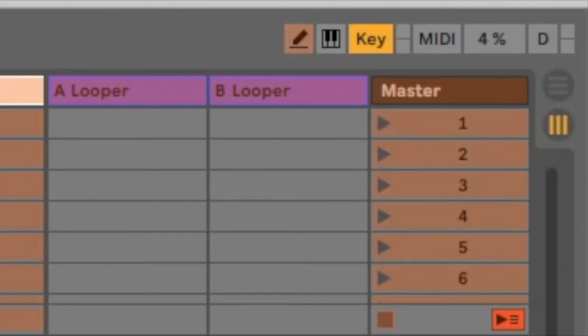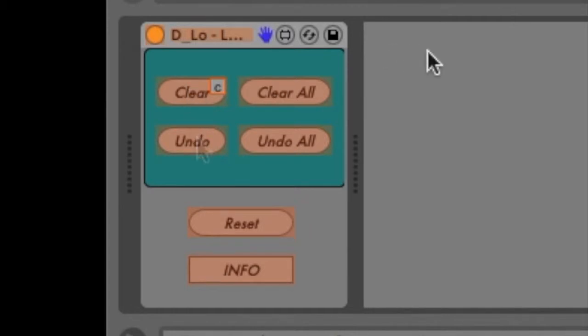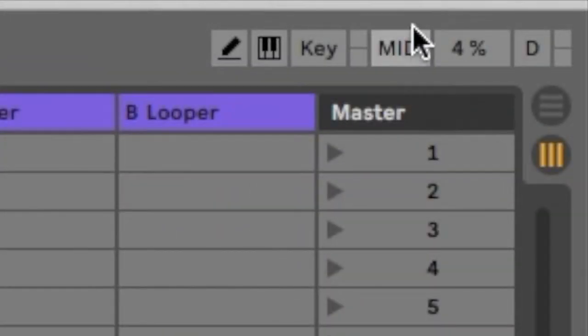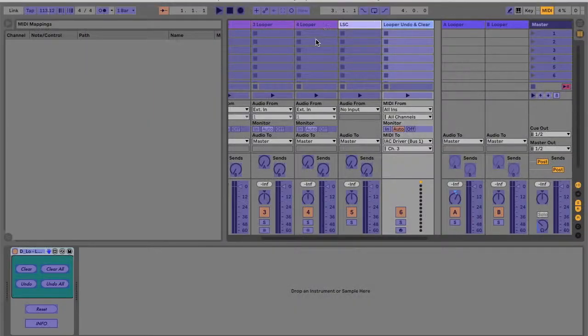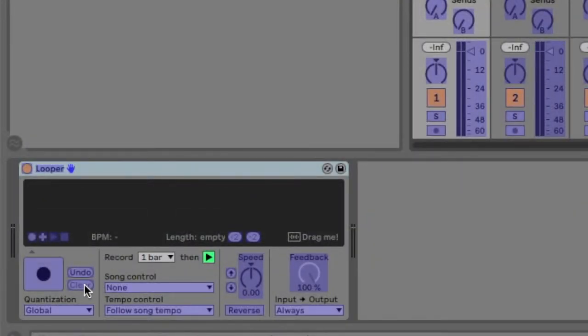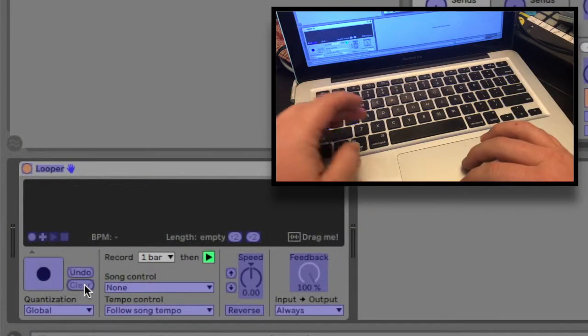Now key map a couple keys to the clear and undo buttons of our device. Make sure you've deactivated use of the computer MIDI keyboard before proceeding. Now enter MIDI map mode and select your first looper. Select the looper's clear button and press the key control you've mapped to the clear button of the looper undo